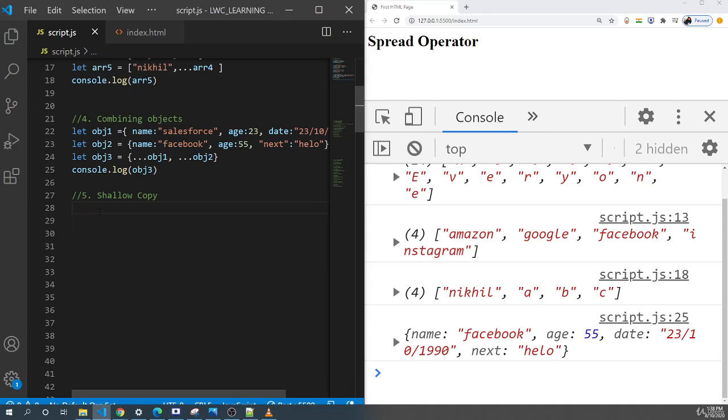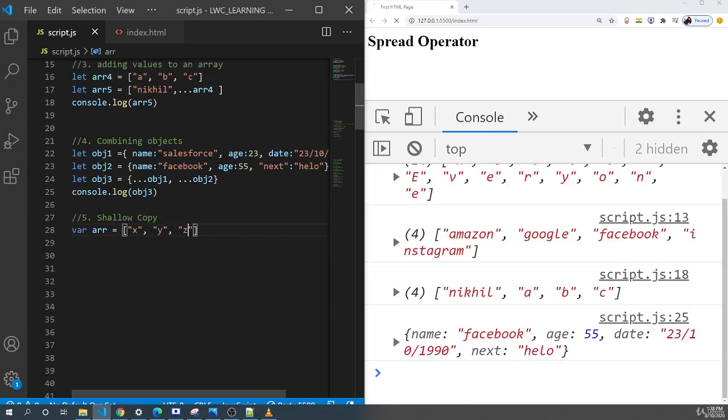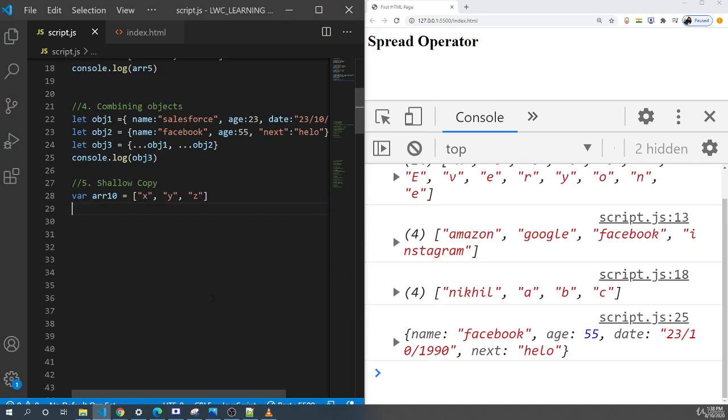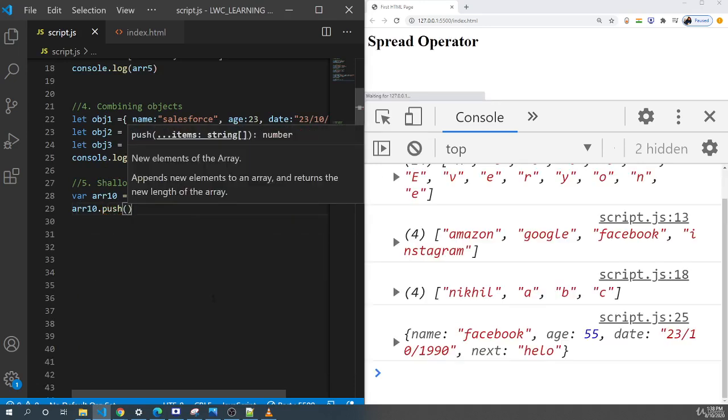So let's say I have an array of values where a is equal to x, then I have y, then I have z. Instead of array, I'll give some other name, array 10. I have a variable that has three values x, y, z, and now if I want to add something, earlier in JavaScript we used to write dot push 20,